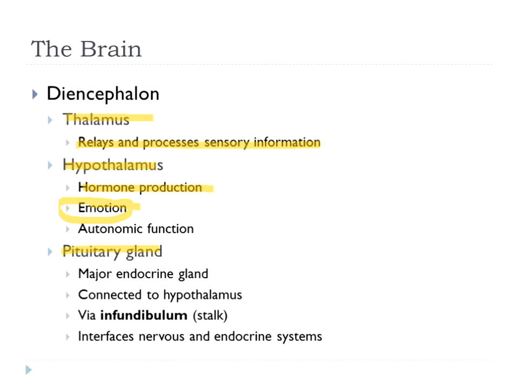So the pituitary gland is not really part of the brain. Remember, it's its own endocrine tissue, but because it connects directly to the hypothalamus via that stalk, or infundibulum, we include it in this discussion. If you remember from last week when we looked at our sheep brains and took the dura mater off, we peeled off the pituitary gland and we snapped that infundibulum. So it just interfaces between the nervous system and the endocrine system.